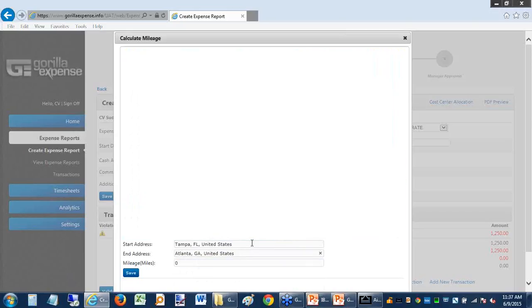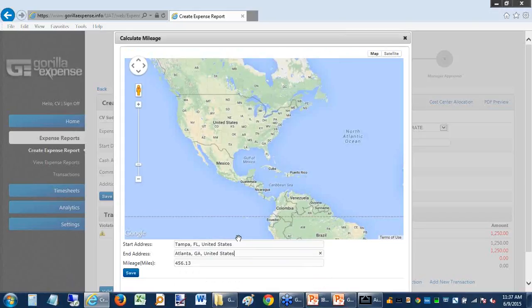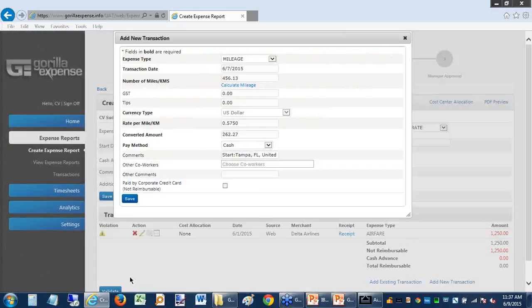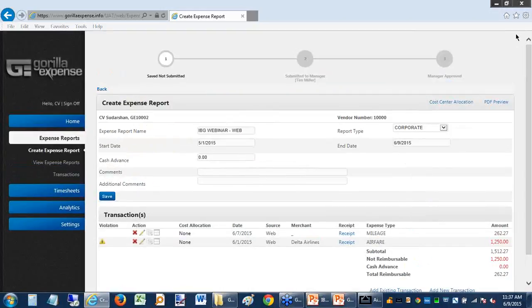So I'll pick a start and an end, and then click on save. So it's calculated the amount, and again, it's put the start and the end in the comments field. I'm going to click on save. So there we have a mileage expense that is done as well. I want to make sure that I have two different payment methods, one with the corporate card and one with